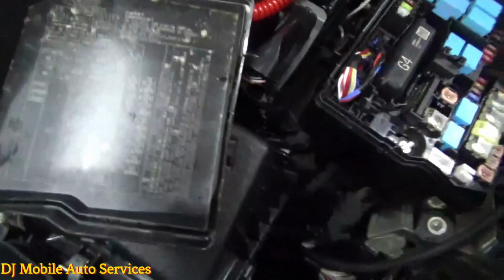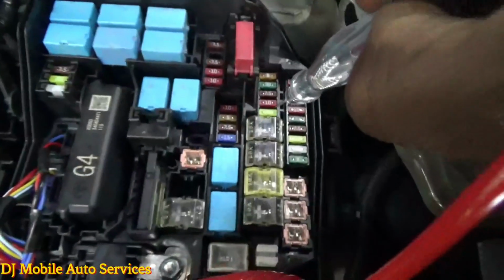Kind of hard to see because of glare. We got a 20 amp for the VVT, right, and we also got the fuse for the EFI main #1 relay. So let's check. Matter of fact, let's check the VVT first. This is just 20 amp, right? So I'm getting power here,